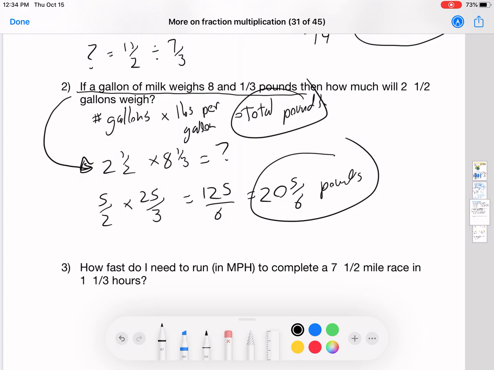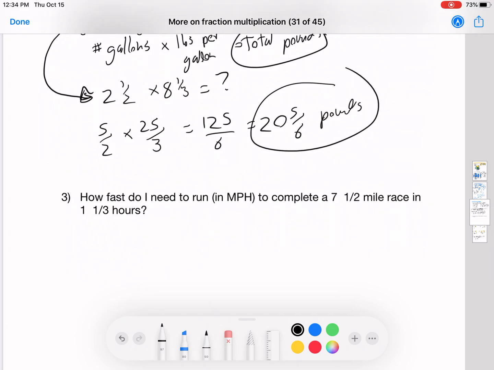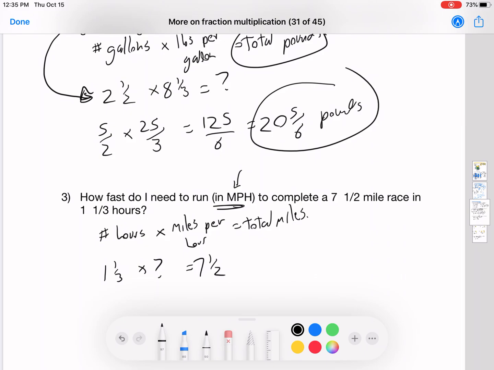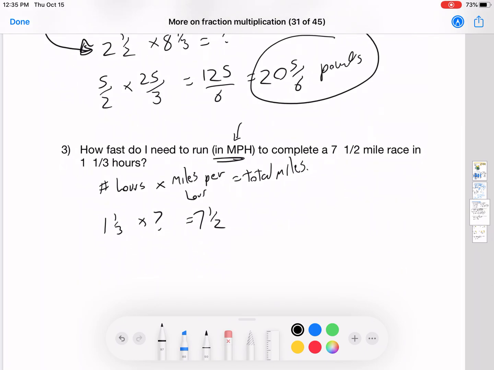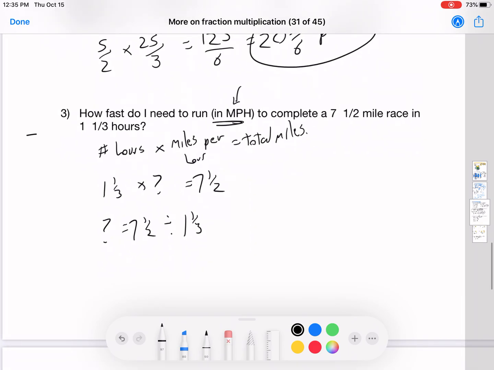All right, next one. How fast do I need to run in miles per hour to complete a 7.5 mile race in 1 1/3 hours? So miles per hour is a group size. Miles in every single hour, miles per hour. So this has to be number of hours times miles per hour equals total miles. And so we have to do this in 1 1/3 hours, but what's our speed in miles per hour to complete 7.5 total miles in 1 1/3 total hours? Now again, once we get this set up, every single one of these steps hopefully will make sense. So this would equal